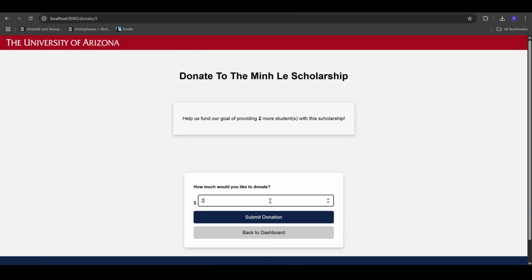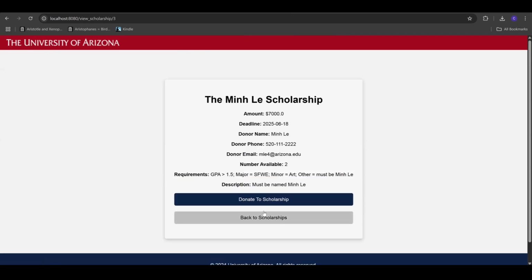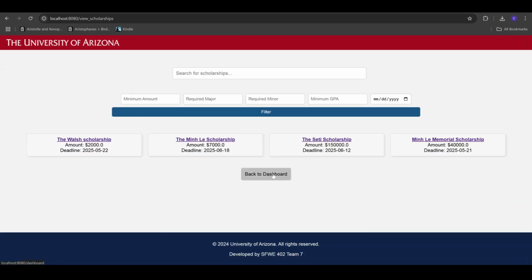It'll ask you how much you would like to donate. Submit donation. Donating to a scholarship would automatically populate you into the active donor report if the scholarship's still open. This information gets populated into our database as well under donations. Another provider function would be going back to the dashboard,